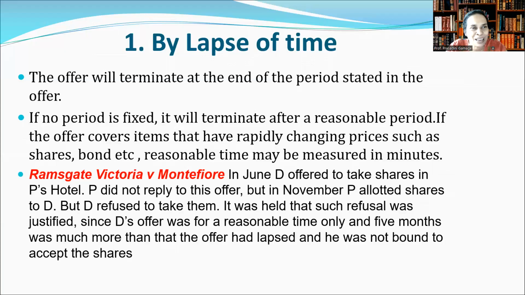If you take another example, a car, maybe you can give 2 weeks, 3 weeks to decide it. If somebody is selling shares, to end up that offer, you can give even 1 week, maximum 1 month. We know that the prices of the shares at the stock market are fluctuating every time. So therefore, you can't give months and months to decide such a transaction. There is an example here. I want you all to read it.